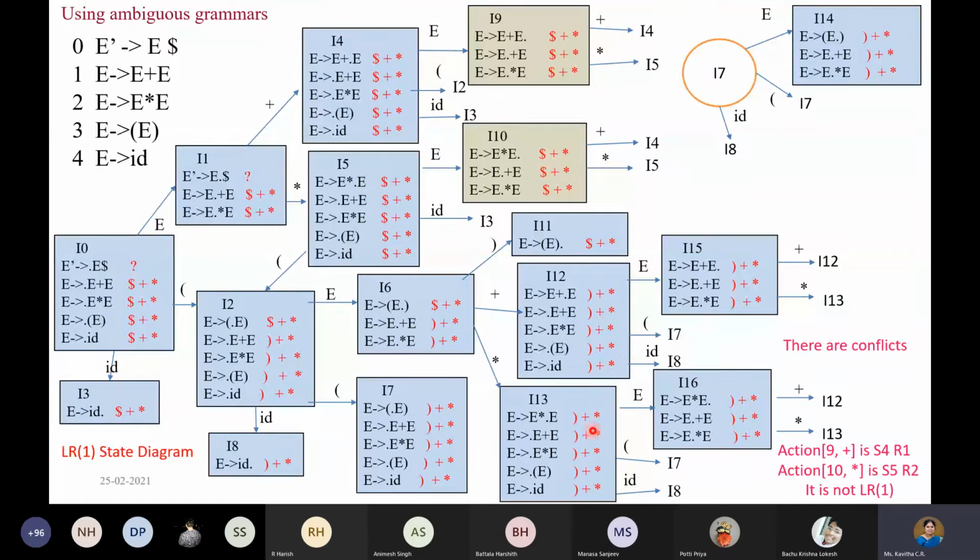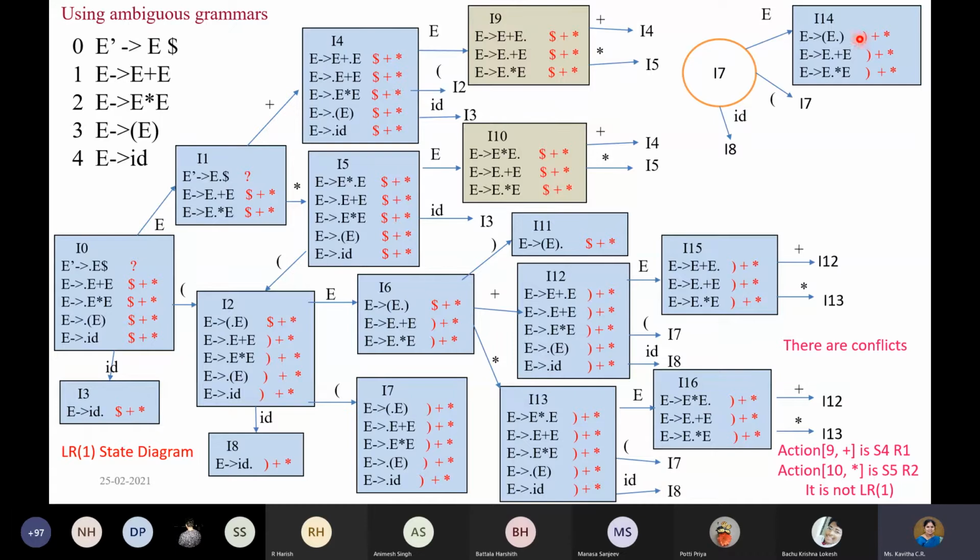So coming to I13, when you read E, you will get I16. The difference between I15 and I16 is only that plus and star operator. That's all. Rest all is similar. It works similarly. Okay, I15 and I16 are similar, like how I9 and I10 are similar to that. So similar, only the operators will differ. Okay, and then coming to the next rule. So first three rules are done in I13. Next rule, the fourth rule is when you read open parenthesis, it goes back to I7. Similarly, when you read ID, it goes back to I8. So this also is done.